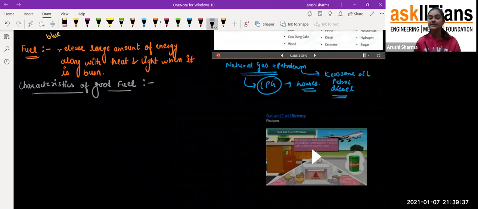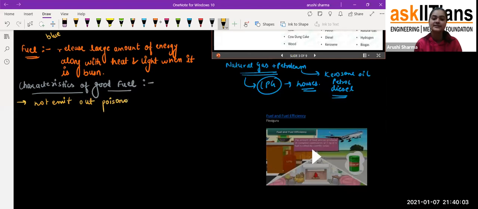Starting with it, first of all, which I already mentioned when I was telling you the story of the family, there should not be emission of poisonous or toxic gases. Exactly. So it should not emit poisonous or toxic gases,